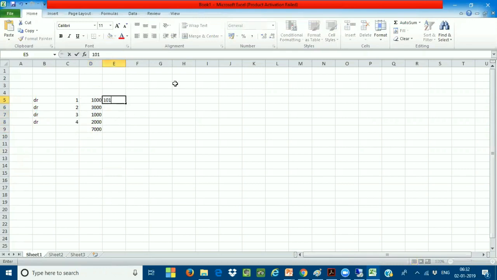In this, 101 is the profit center for line items 1, 3 and 4, and line item 2 has a different profit center, 1301. So out of 4 line items, three line items have the same profit center: line item number 1, line item number 3, and line item number 4, all except line item number 2.